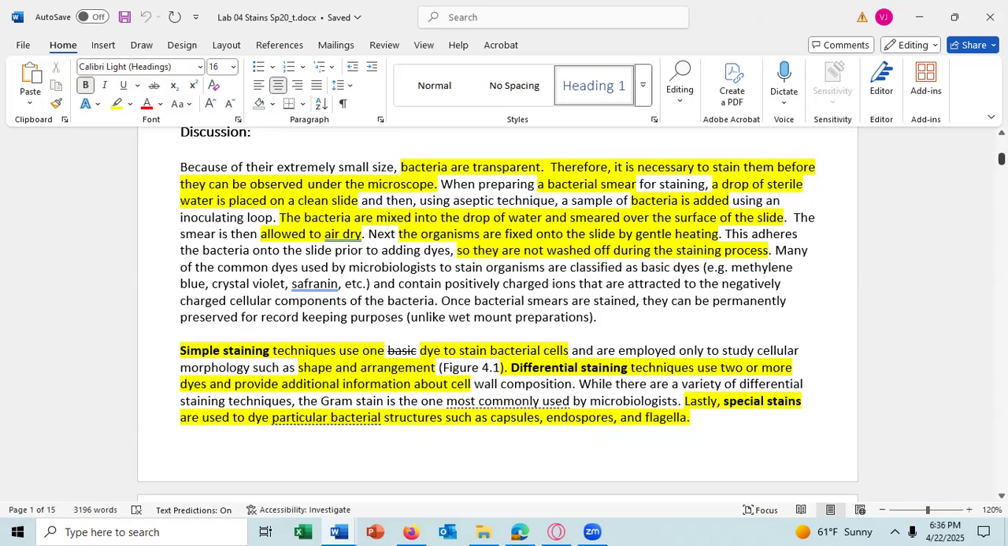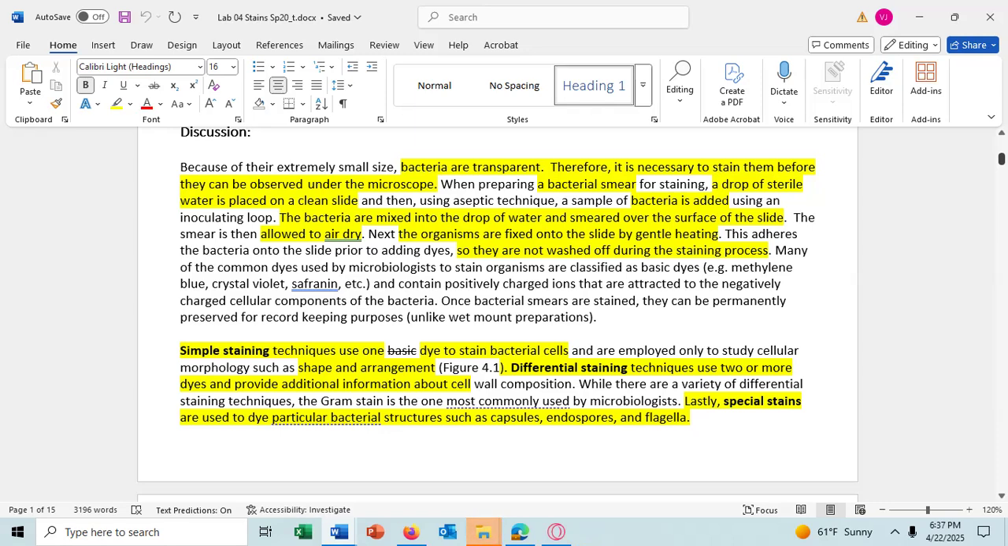To make a bacterial smear, you simply add a drop of sterile water placed on a clean slide. You then add a little bit of bacteria to the water. The bacteria are mixed in the drop of water, and then the drop is smeared over the surface of the slide. The cells are allowed to air dry. The bacteria are then fixed onto the slide by gentle heating. You need to air dry and heat fix the cells on the slide so that the cells will remain on the slide and will not be washed off